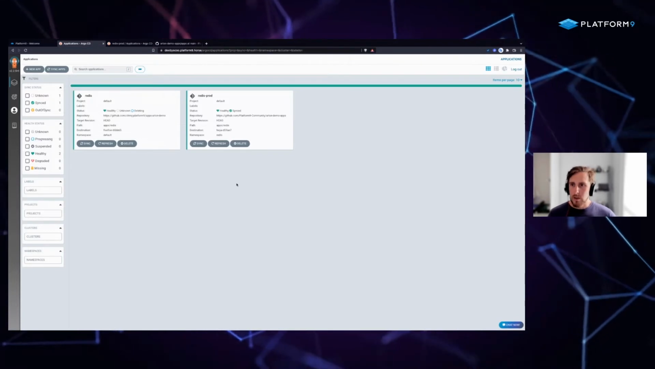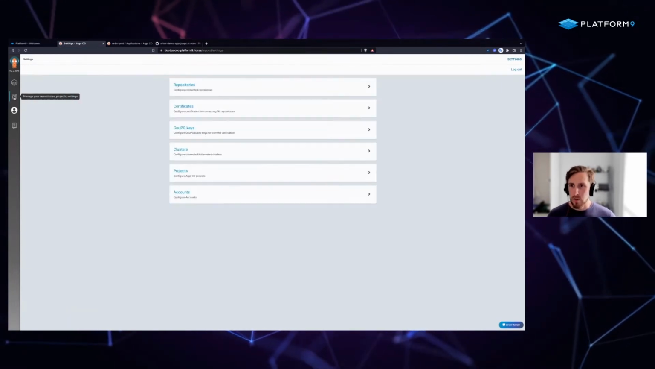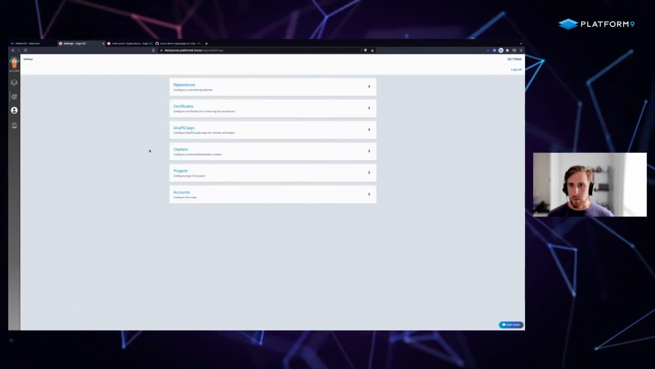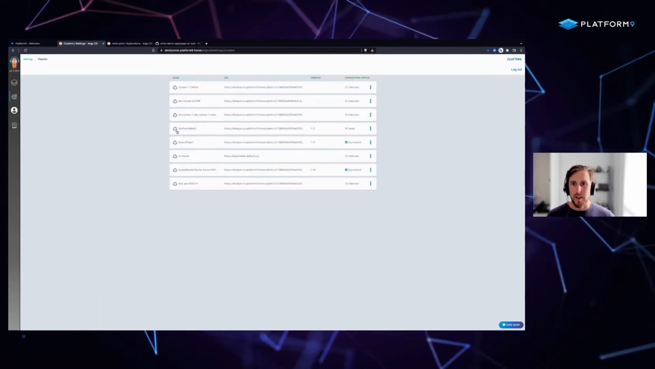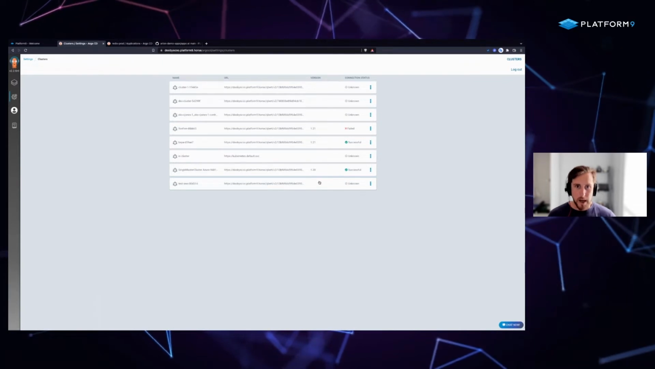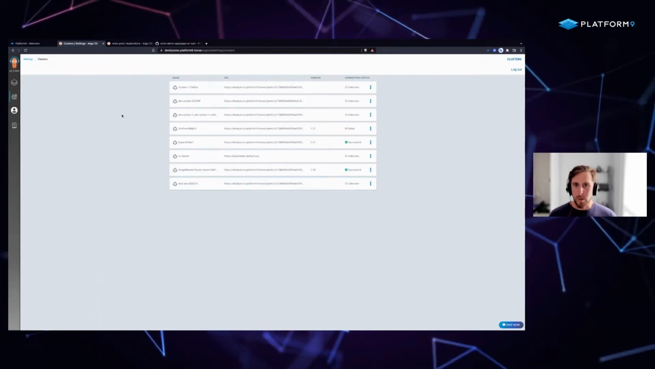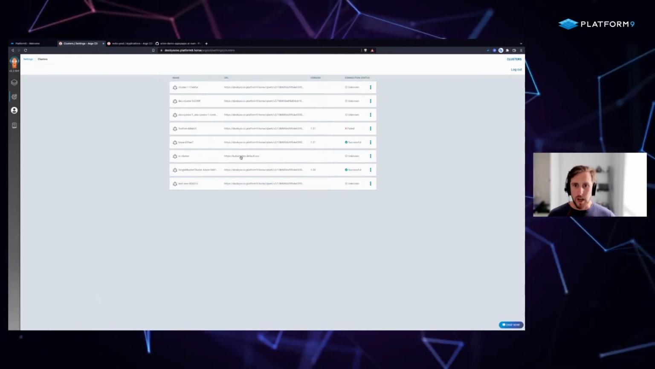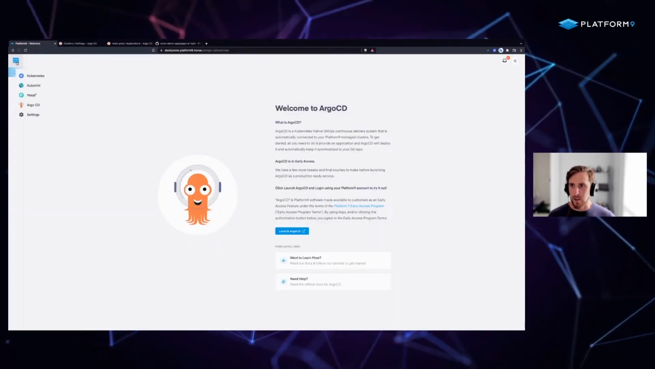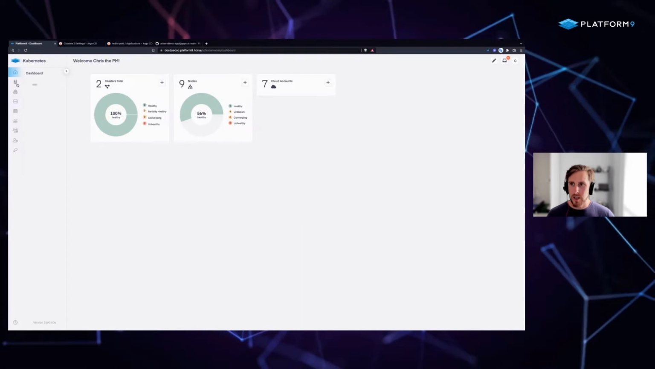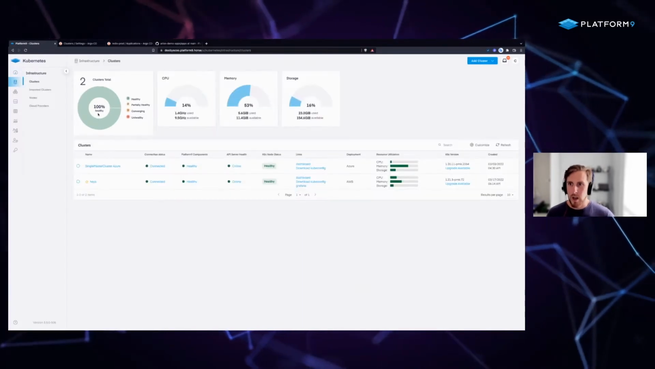One of the other elements that we've also introduced with this ArgoCD-as-a-Service implementation is the ability to automatically register clusters that are brought in and managed by Platform 9. So what do we mean by that? You can see here I've got a number of different clusters. These clusters are managed by Platform 9. So if I come back over here and switch to Kubernetes, go to my infrastructure dashboard, I can see here